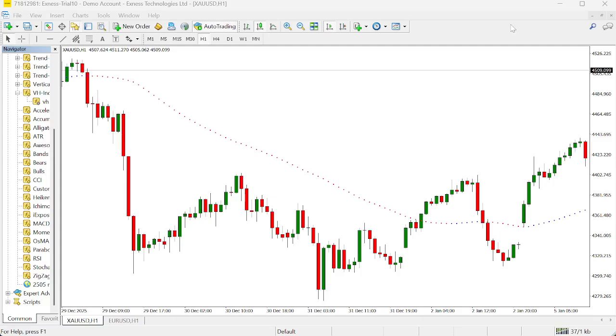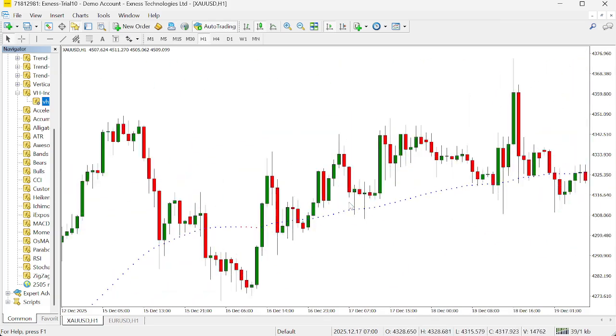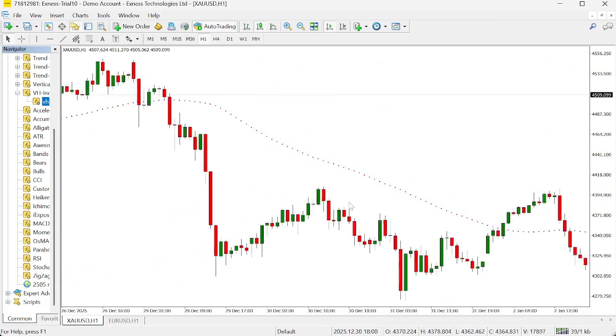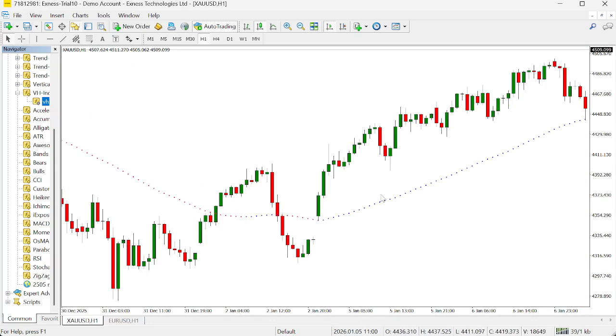Hi traders, in this video we are looking at the VH indicator for MT4. This versatile custom tool measures either volume intensity or volatility strength to spot significant price moves, early trend shifts, and potential breakout conditions. In this video, you will see how the VH indicator works, how signals are interpreted, and which